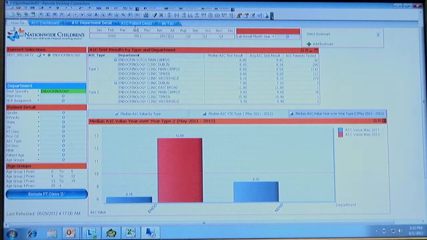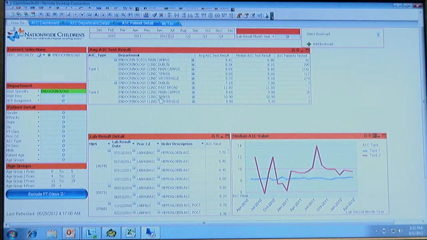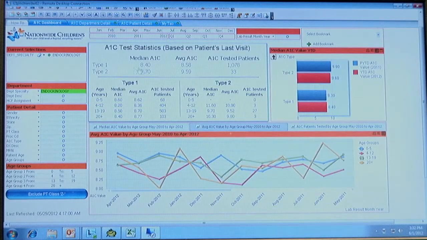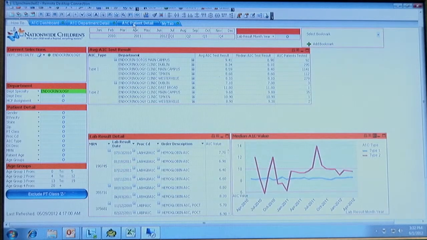We then can come in on this third tab and see the patient detail. This then breaks down, based on the first tab right here, all of these values, the mean, the average, the total patients tested, all 1,078 and 33. This detail then breaks down who those patients were and what their average values were and where